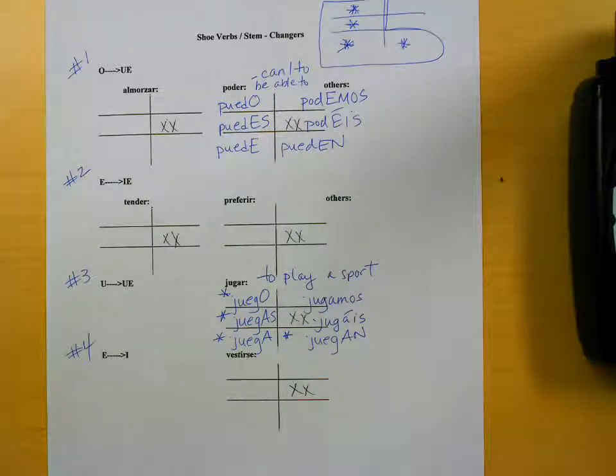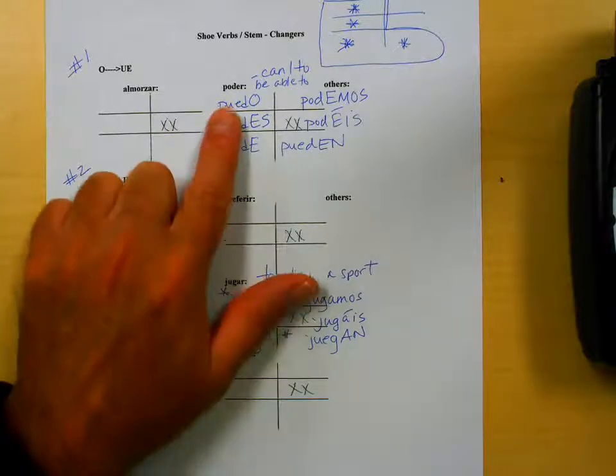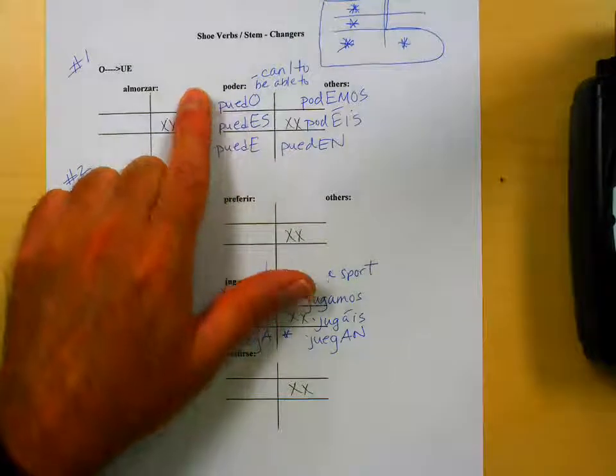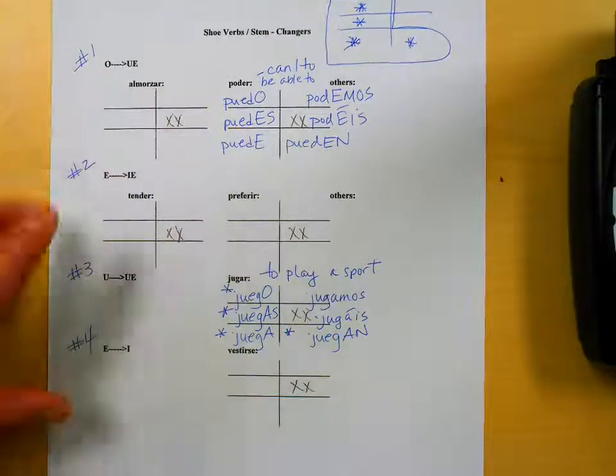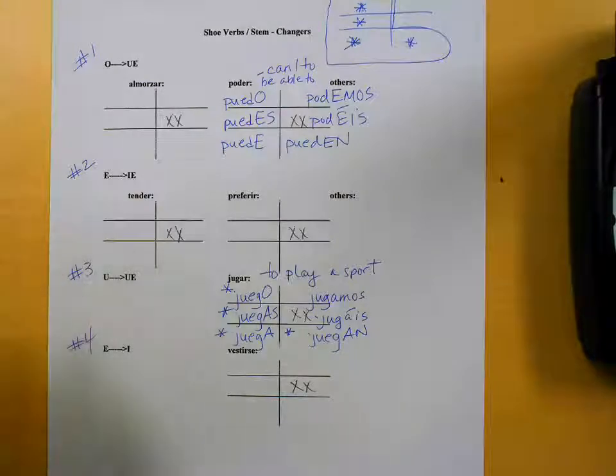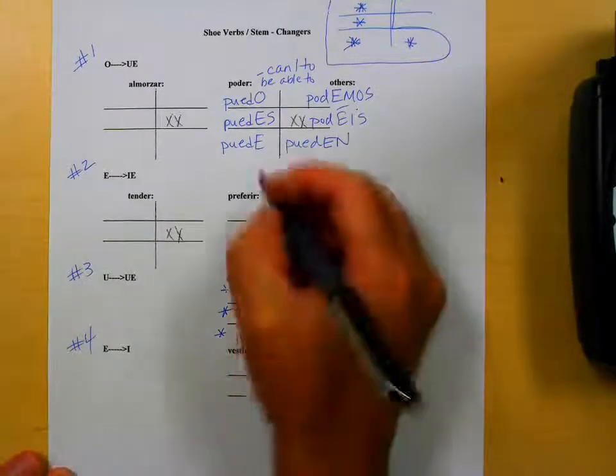Every year I get kids who ask me, how do I know? And I always tell kids, well, they're just things you have to memorize. When you memorize the verb poder means can or to be able to, you should also be memorizing that it's O to UE. Second type we have is E to IE, and we kind of talked about the verb preferir